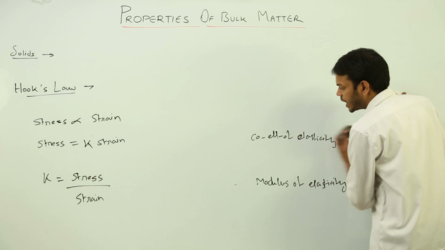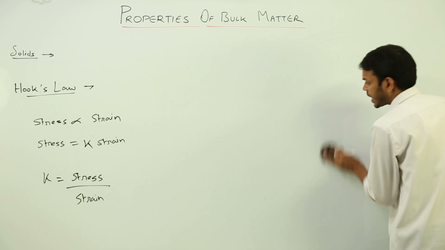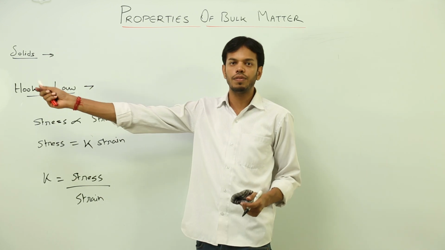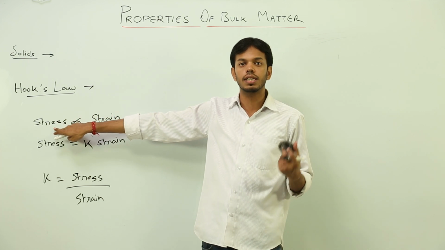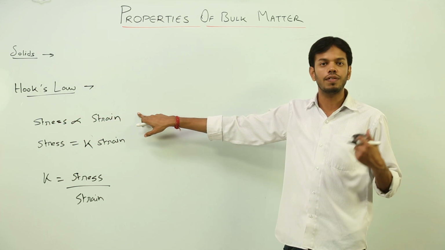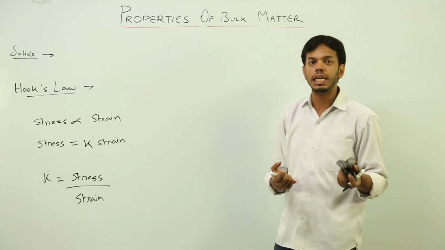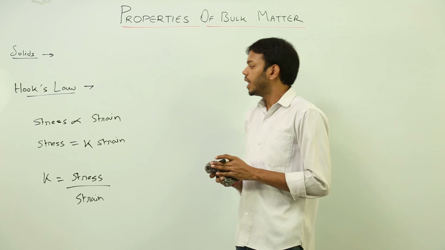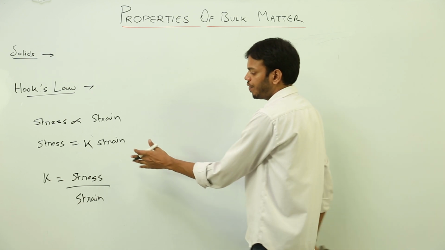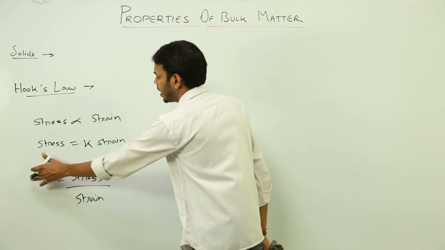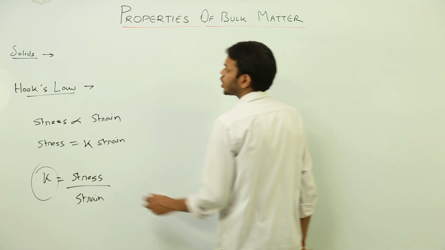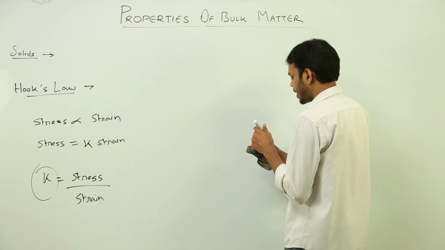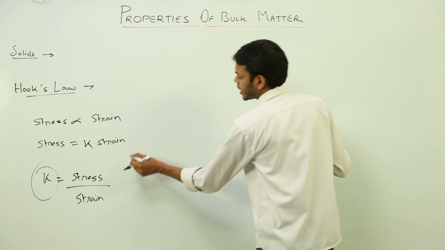But since we have studied various types of stress and strain, for example, longitudinal stress and shearing stress, and similarly for strain we have linear strain, volumetric strain, then shearing strain, if we apply various types of stress and strain, we'll get various types of coefficient of elasticity or modulus of elasticity. So there are basically three types of modulus of elasticity.